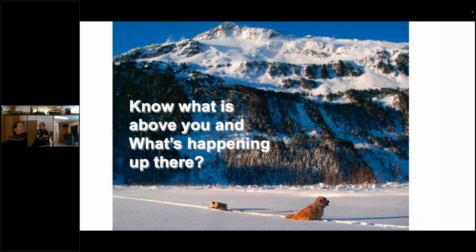So if an avalanche happened here, I don't know if my degrees are right, but 18 degrees, this debris would make it to that person.